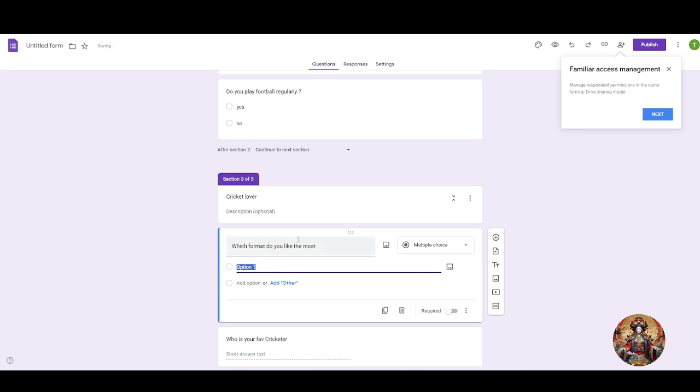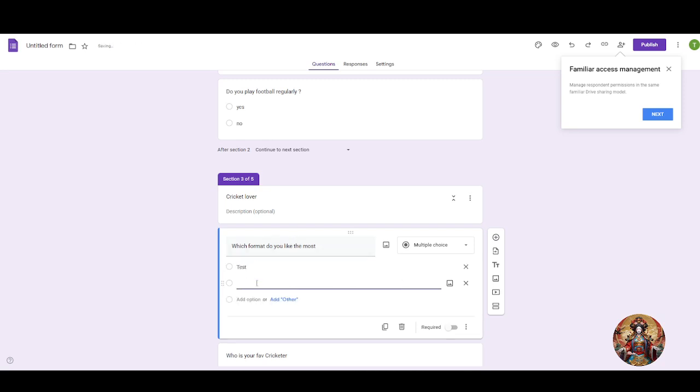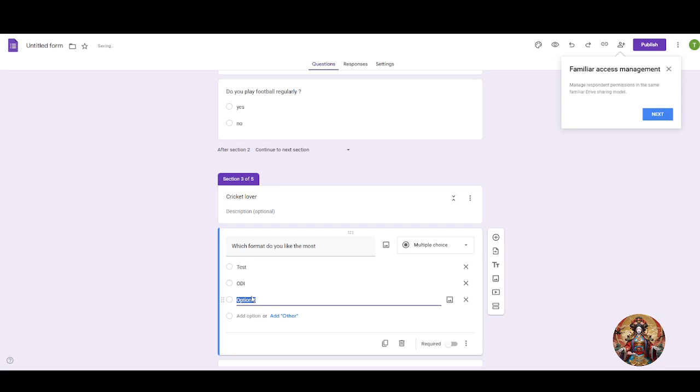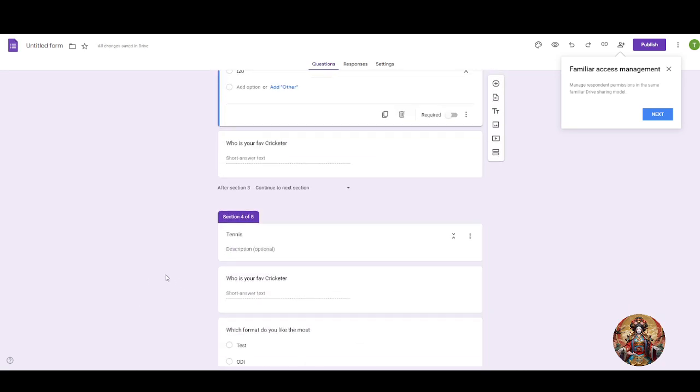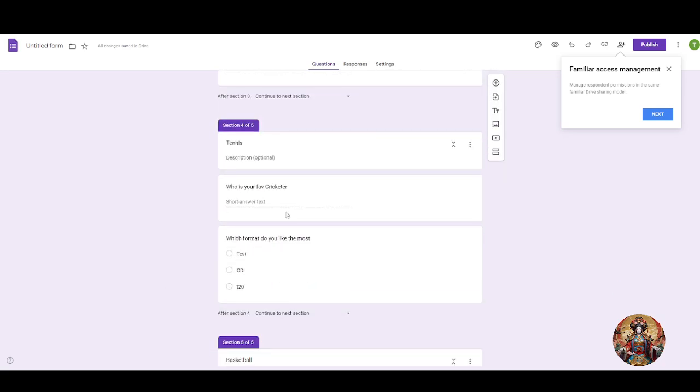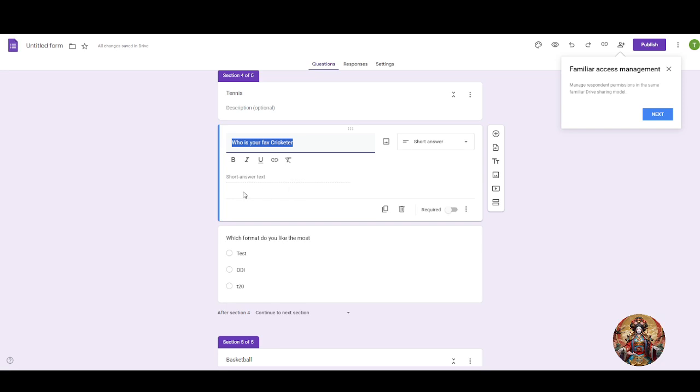Option 1 is Test, option 2 will be ODI, option 3 will be T20. So it was my mistake. I have mistakenly entered all the questions related to cricket in the tennis section. So what you have to do is go into the tennis section and just change the question,